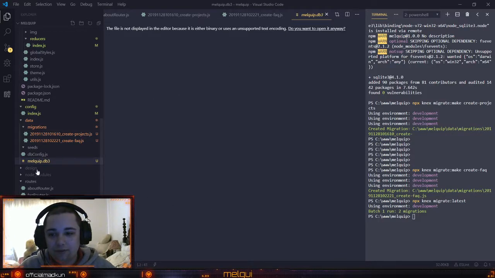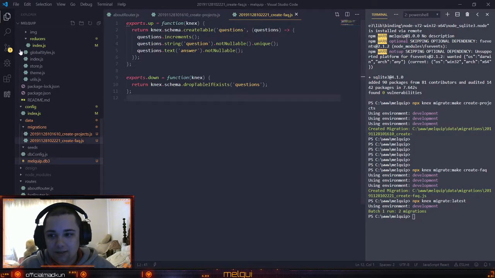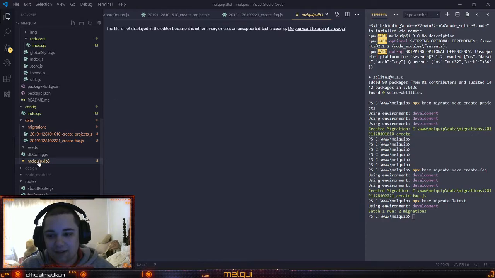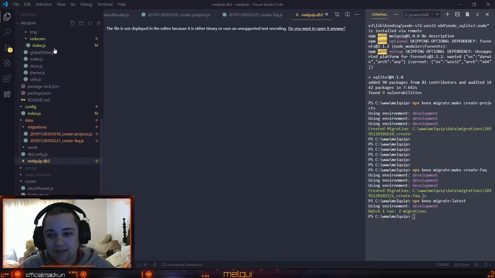The VS Code program doesn't let me view it, but if I install an extension for it, which I did, it works. Okay, so I can open it, open database. It's gonna open a thing down here, and I can just pull it up, and we can see our tables here,